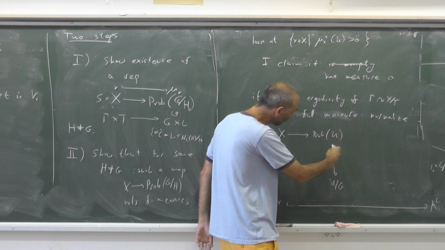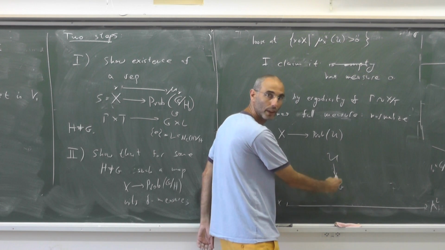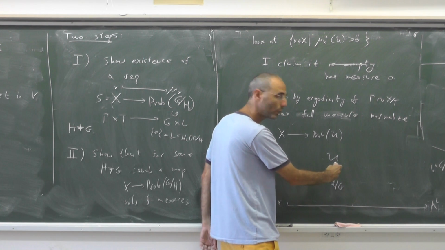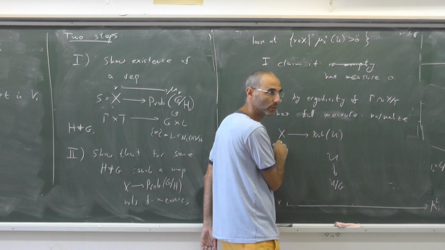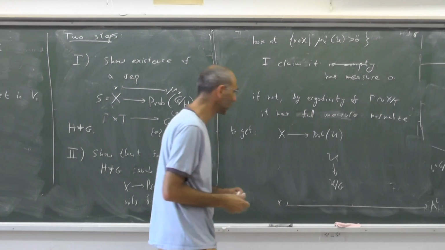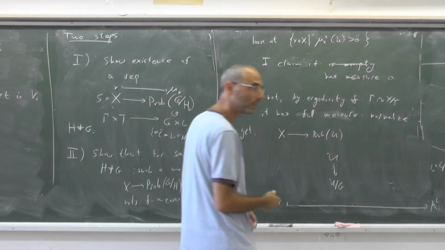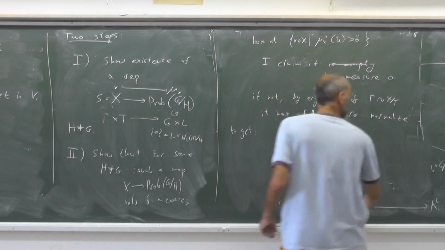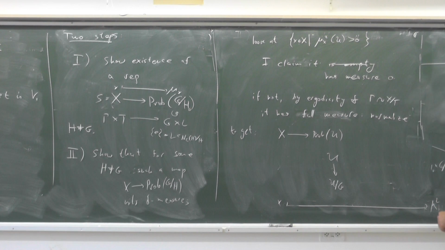So I can just take a generic orbit on which everything is defined for almost every X. Okay, so I don't want to write down this argument in complete detail, but I just want to say